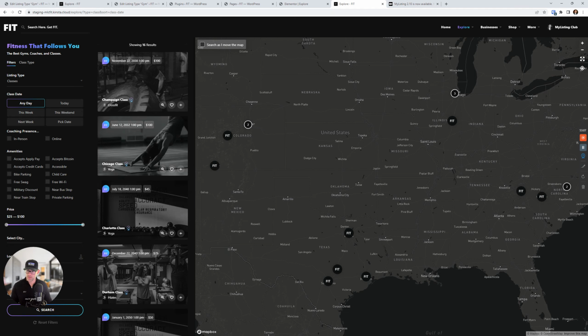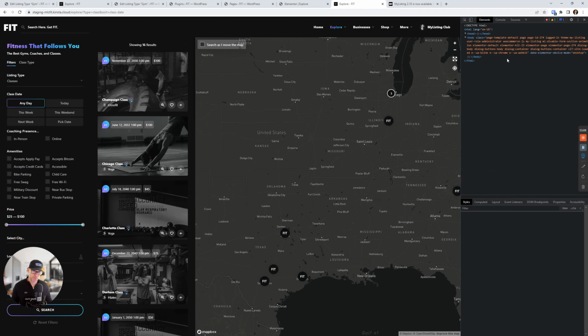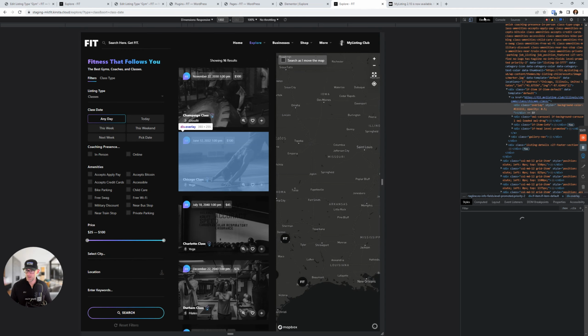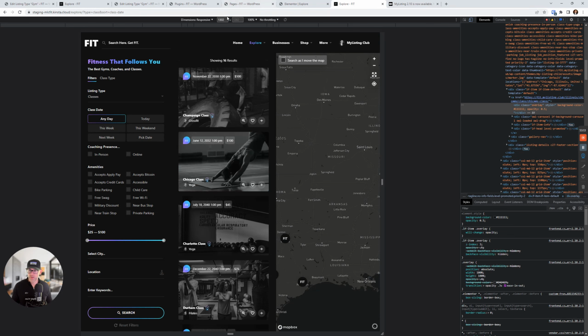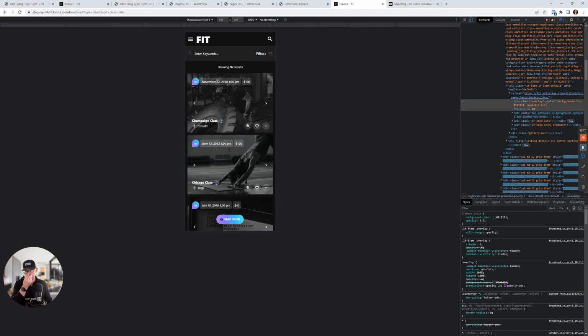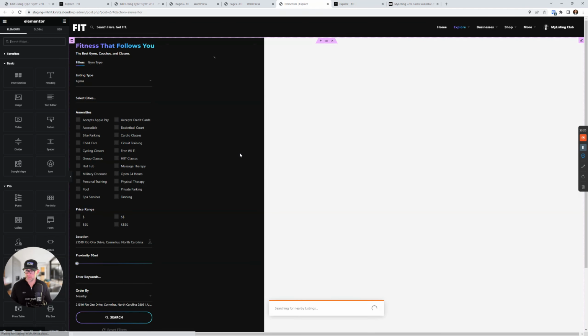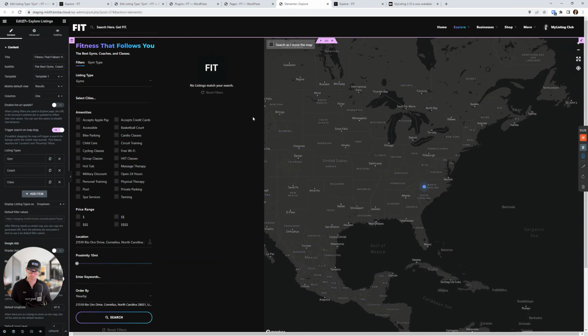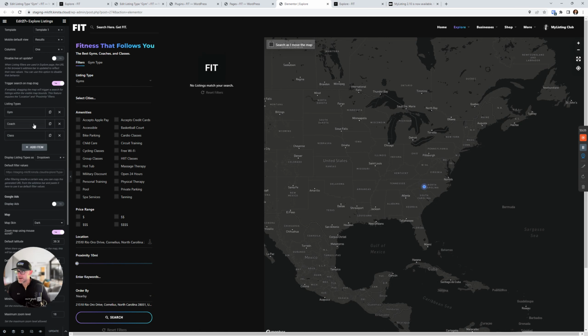let's go ahead and inspect the page, and you can also just view this on your phone too, but I obviously can't do that for this video. So let's just go ahead and switch our browser over to a phone. And we see here that the default view is not the map view, but it's the Explore view, the listings view. But now, because of this update, we update the Explore page and we edit the Explore listings widget, and we scroll down, and now we see,